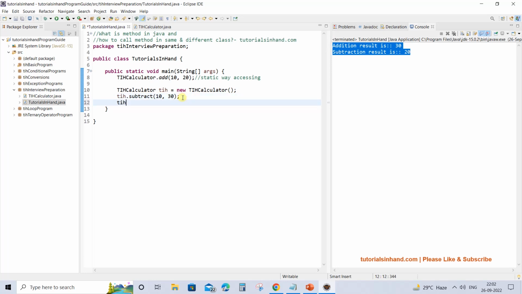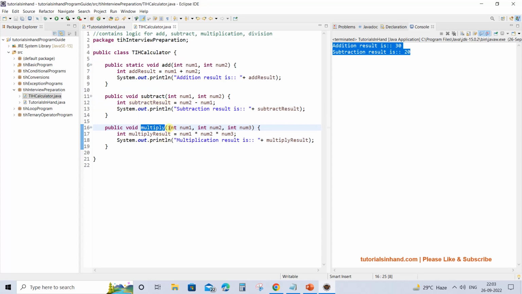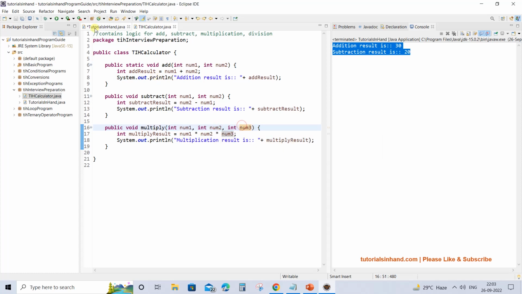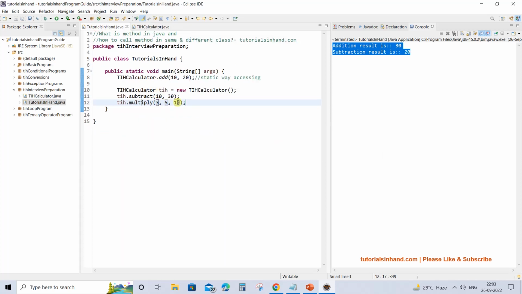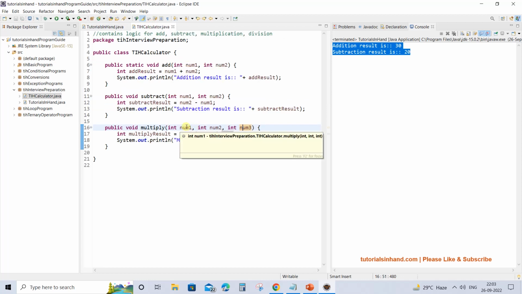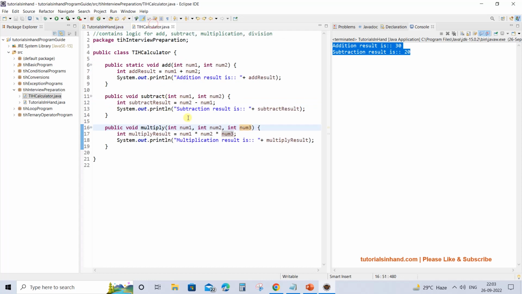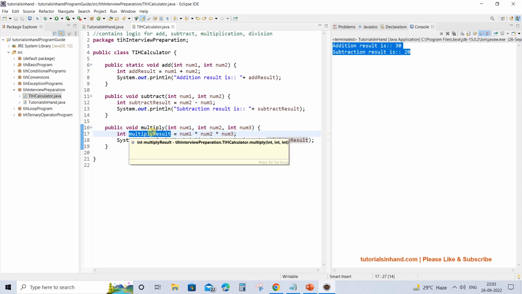Similarly, you can access another method that is present there like multiply, and you can pass any random parameters, 3, 5 and then 10. Now see, there is a difference here. You have to pass 3 parameters because the multiply method accepts 3 parameters at this place, like num1, num2 and num3, and each will get stored in the respective local variable present in the parameters, and our values 3, 5 and 10 will get stored in num1, num2 and num3, and then it will get multiplied and the result is stored here in multiplyResult, which is of type integer, and then it is getting printed at this place.